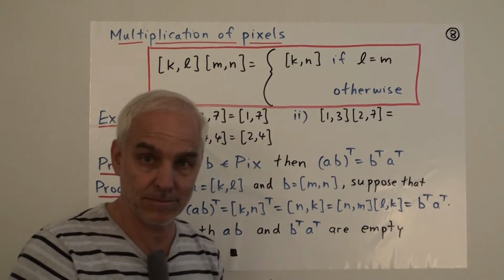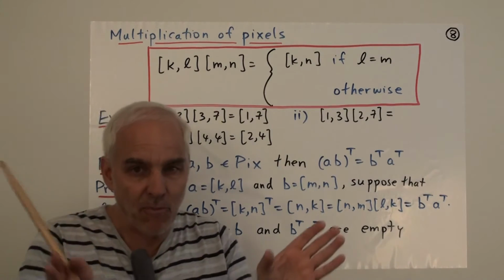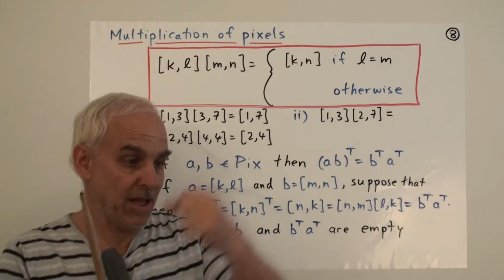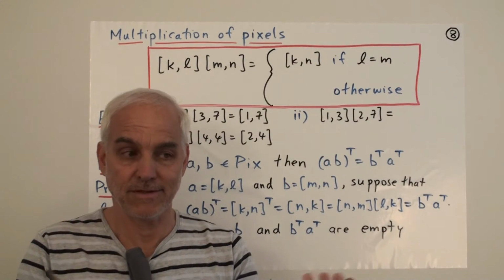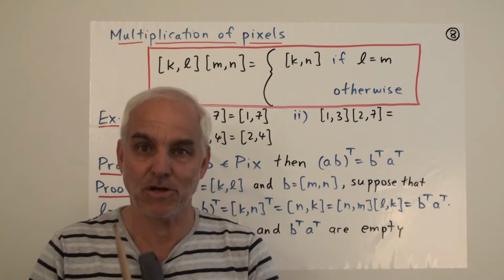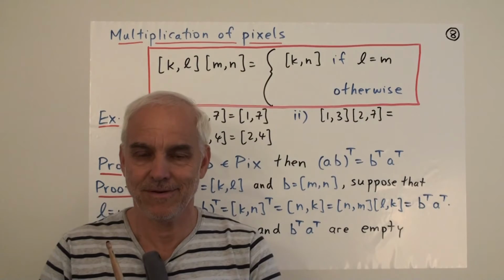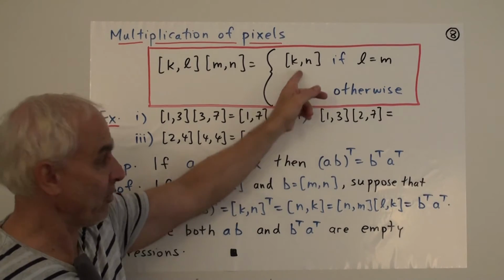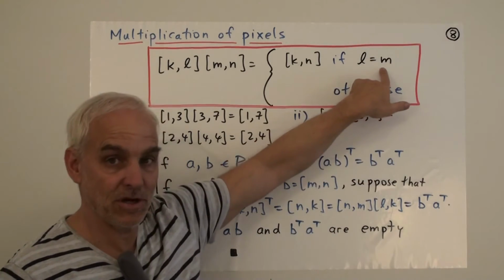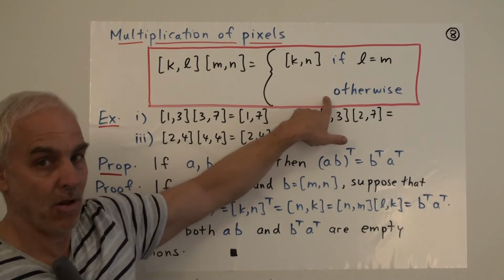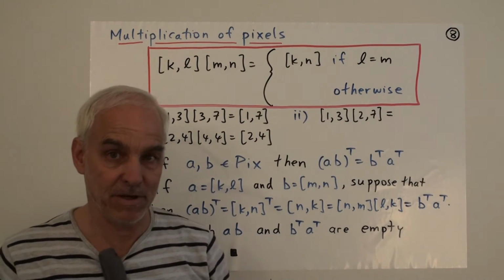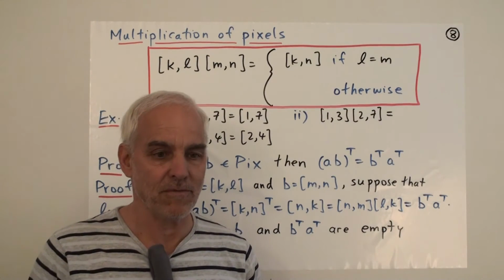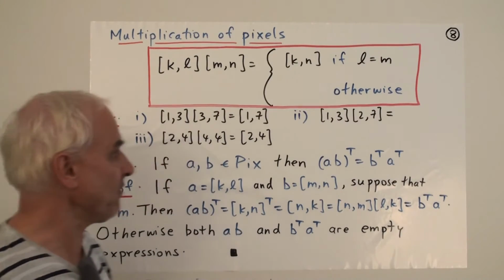There's nothing there. So usually in mathematics, when we have a product structure in some context or another, we're multiplying two things of a certain type, we usually get a third thing which is of the same type. That's a typical kind of binary operation point of view towards multiplication. So that's sort of what we have here. I mean, we have two pixels, we're multiplying them together and we get a pixel. But only under this condition. Otherwise, we're not getting a pixel at all, because this empty blank is not a pixel. There is no empty pixel. So we're going outside the realm of binary operation here. This is something a little bit different.